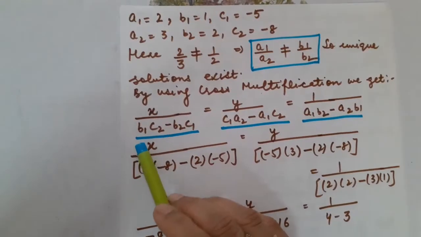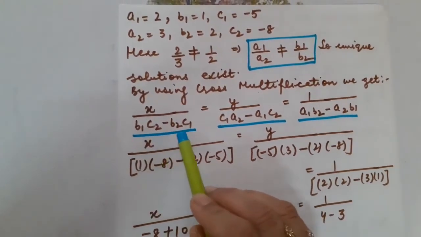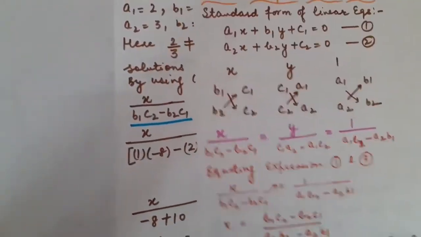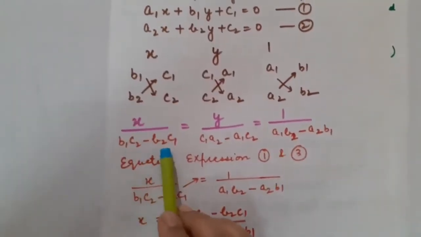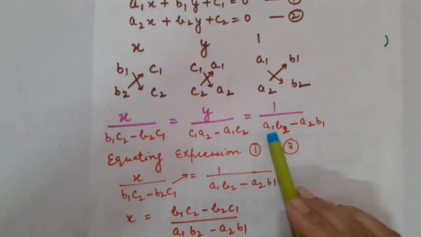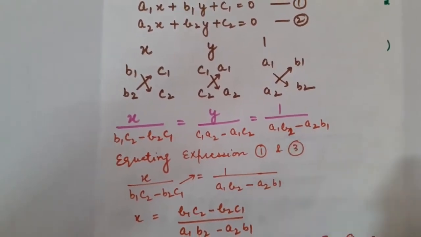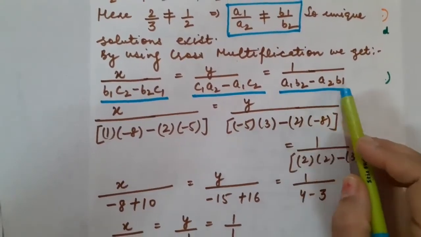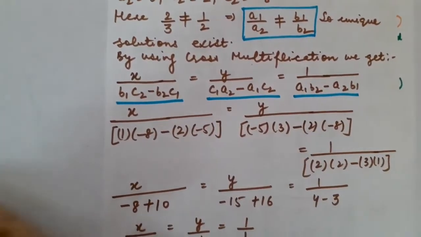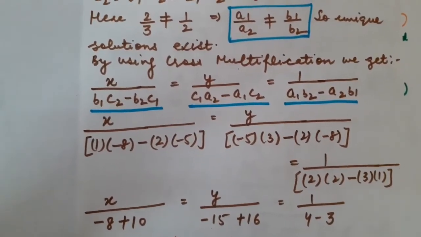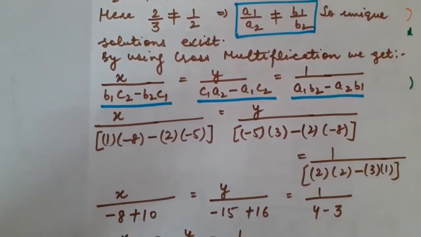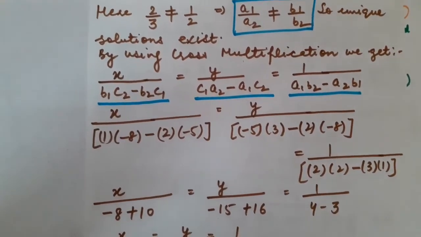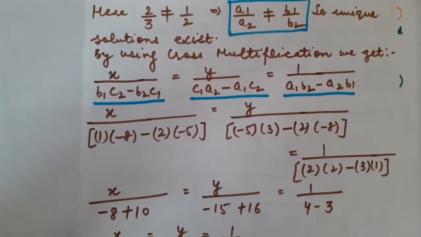x upon B1 into C2 minus B2 into C1. Let us check once. Is it the same or not? Look, this is x upon B1 into C2 minus B2 into C1. It must be equal to 1 upon A1 into B2 minus A2 into B1, correct? Here, this is the constant value. Similarly, y upon C1 into A2 minus A1 into C2. This is nothing new which I have written. Whatever concept I have just taught you based on the cross multiplication, children, the same I am going to adopt